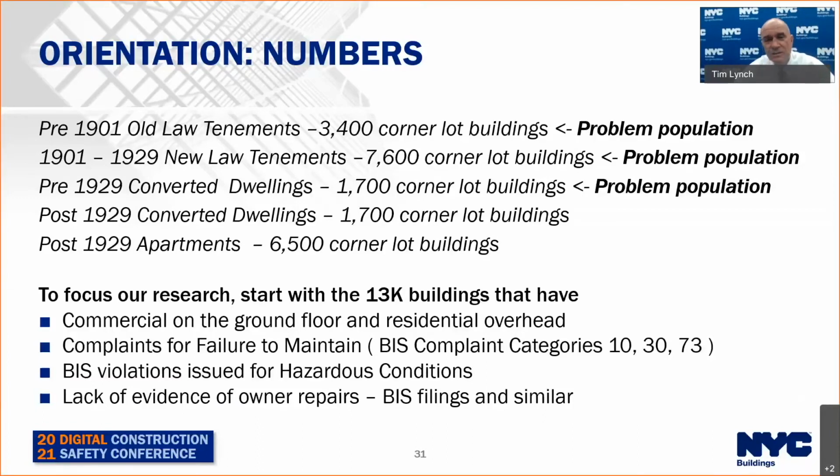So what we did is we did a little subgroup, a mock-up, a quick dry run on some of these buildings. We looked for everything with a commercial space on the ground floor. We were able to find those through DOF. DOF is billing the building for commercial on the ground floor. So we pulled those out. We looked for failure to maintain, which is 130 of 73. We pulled that number out. So now we're getting that 13,000 buildings down to a more manageable number,